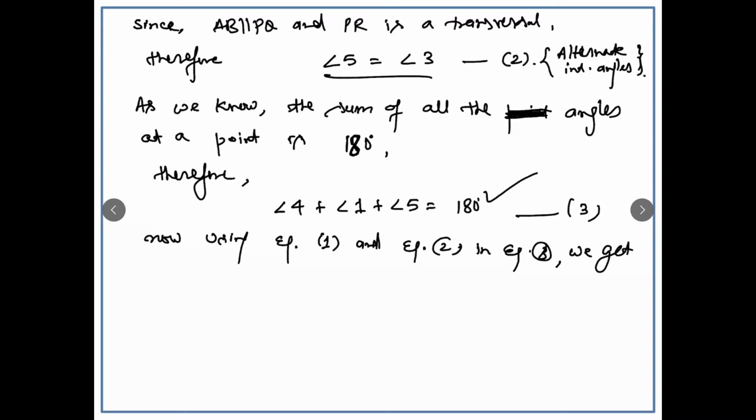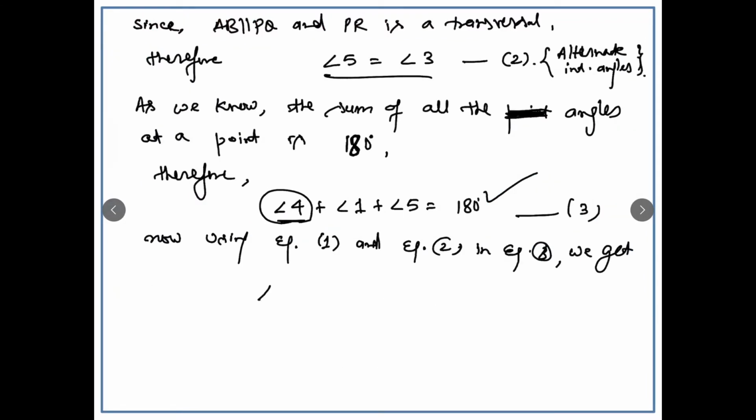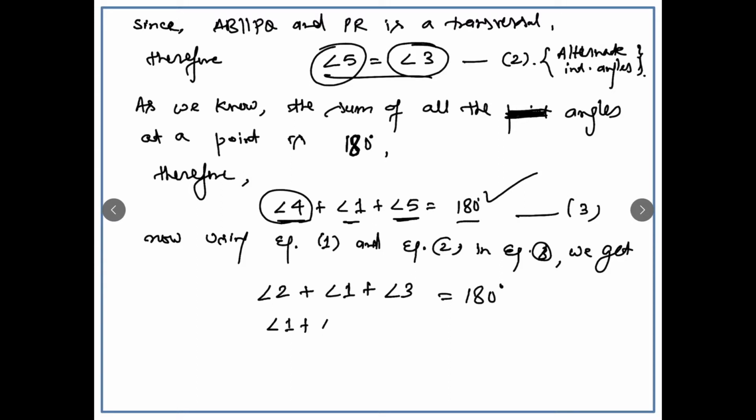At the place of this angle 4 we can write angle 2, because angle 4 is equal to angle 2, and here we have already angle 1. At the place of this angle 5 we can write angle 3, because angle 5 is equal to angle 3, and on the other side we have equals to 180 degree. Or we can rearrange this as angle 1 plus angle 2 plus angle 3 will be equal